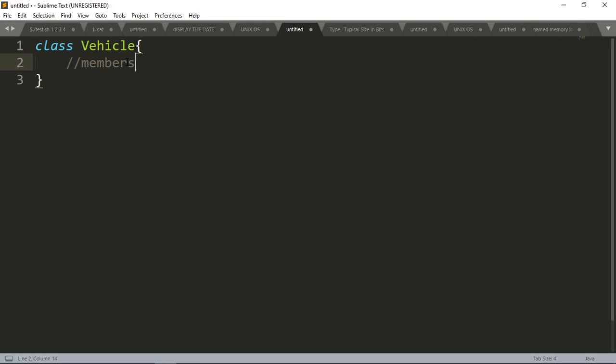So for that reason we need some function which can perform certain functionality. For that reason they are known as members of a class. Suppose right now what I am trying to declare is three member variables, or you can say three member data: int passengers. Passenger is an attribute, or you can say it is a property.